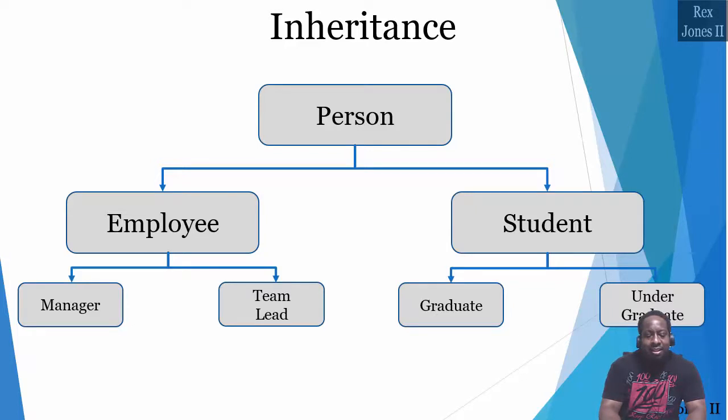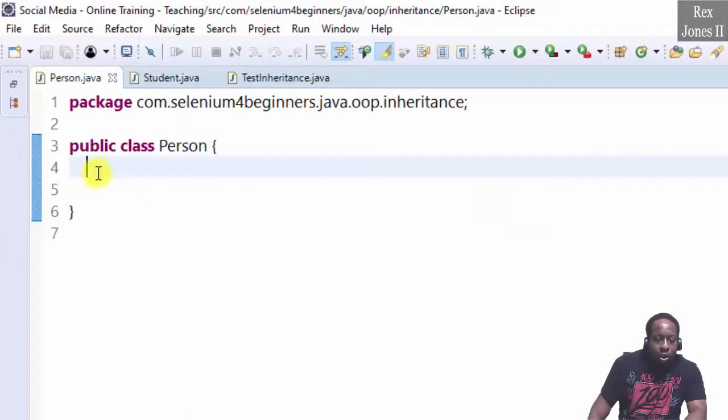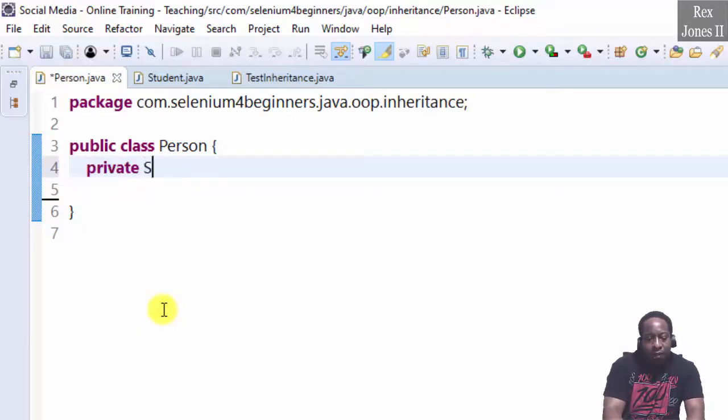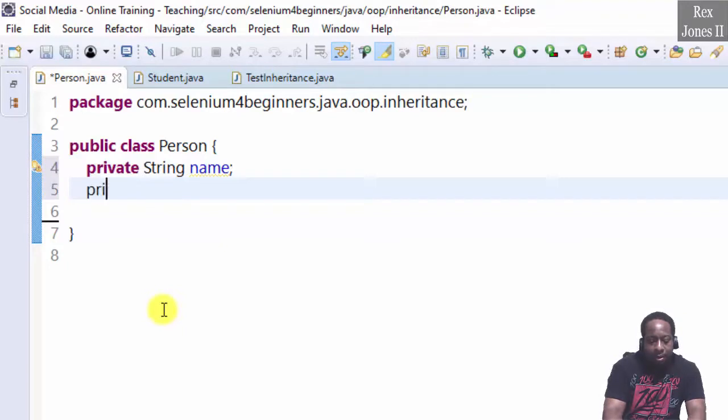From left to right, the employee, student, manager, team lead, graduate, and undergraduate classes inherit those same members from the person class. In Eclipse, we are going to write two variables for the person class: private string name and private